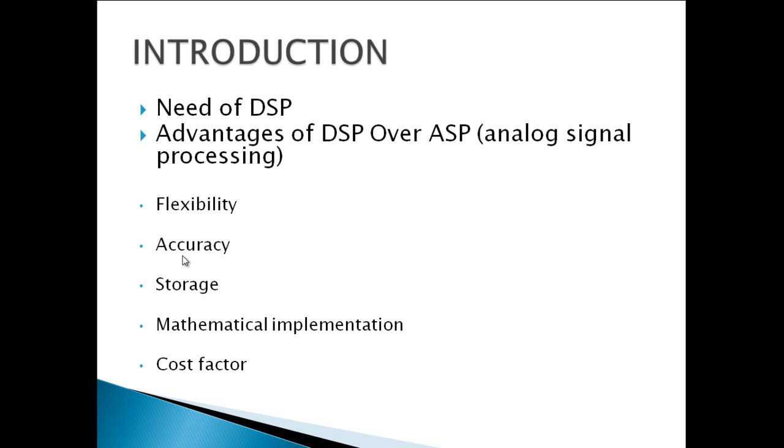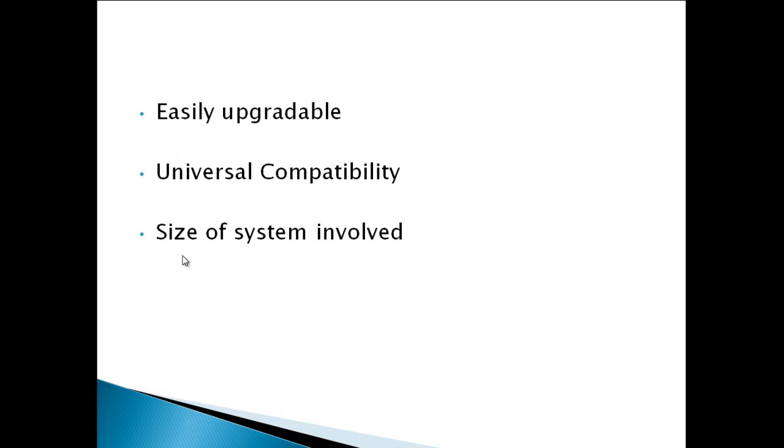They are cheaper as compared to analog systems. Right? Clear? So flexibility, accuracy, these are the advantages of digital signals over analog systems. They are more flexible, they are more accurate, storage is easier, mathematical implementation is simple, and they are cheaper. Then you have easily upgradable. Why are they easily upgradable? Because they are software controlled. Then you have universal compatibility